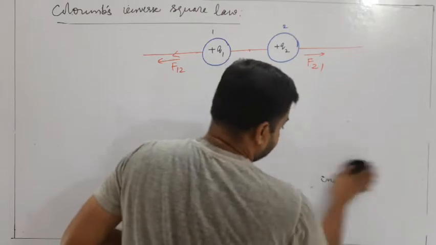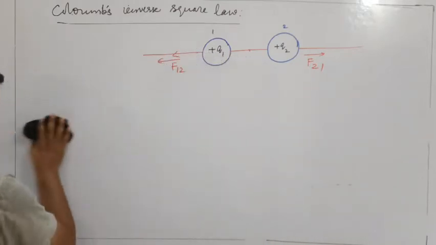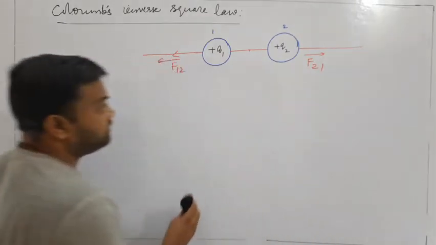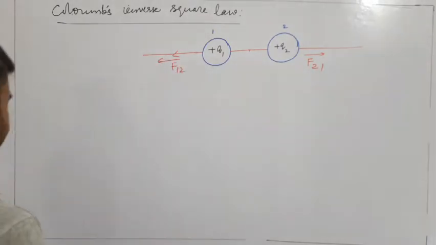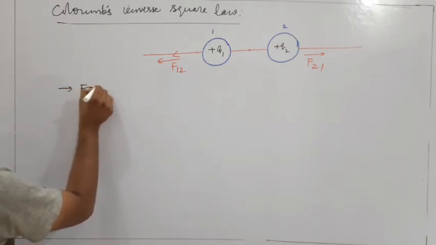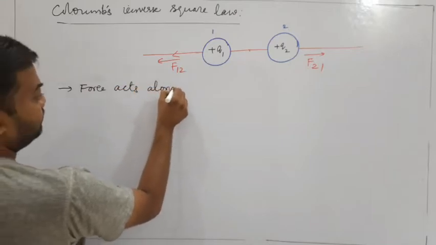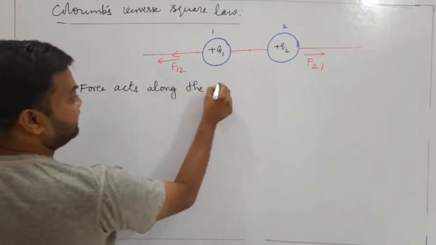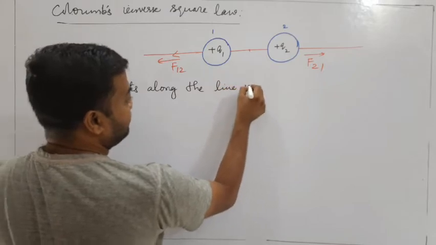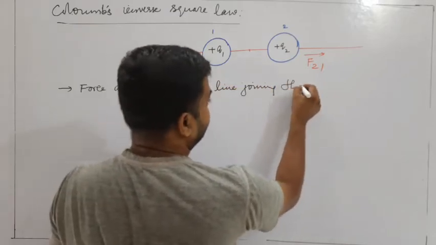And how are the charges there? The charges మధ్య attraction force ఎలా ఉంటుంది అనేది ఇక్కడ మనం చూద్దాం. The force is along the, ఇక్కడ force ఎలా ఉంటుందమ్మా? Force acts along the line joining the center of two charges,